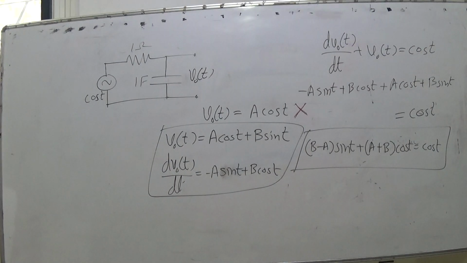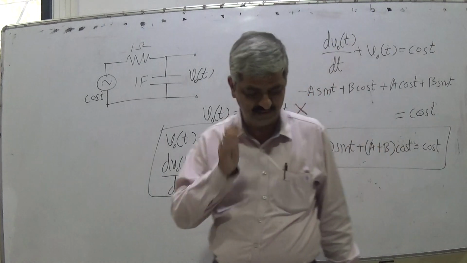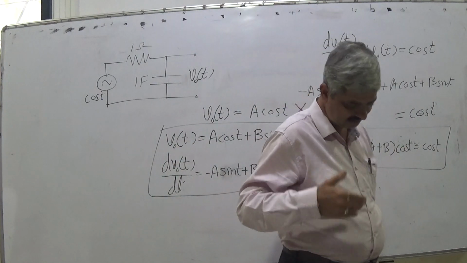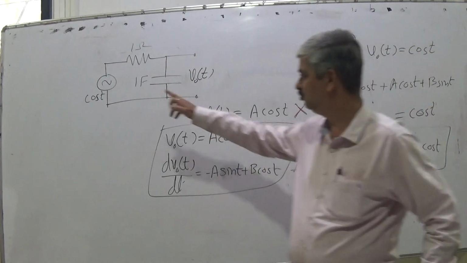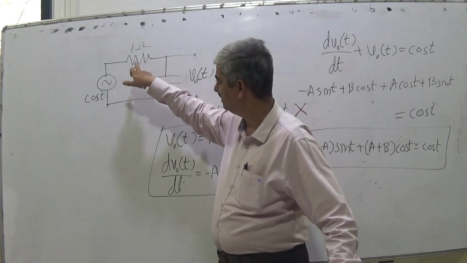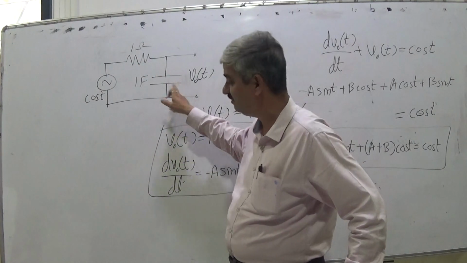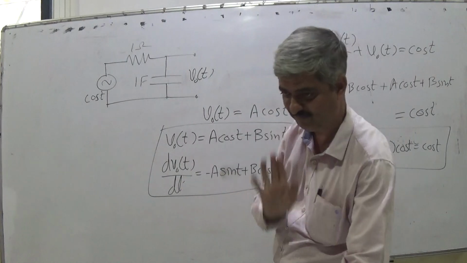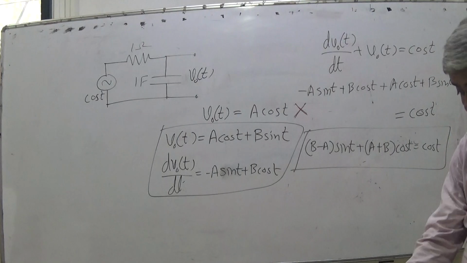So we continue the discussion which we were having last time. We were discussing various aspects of applying a different input, shown as cos t, to this circuit consisting of one resistance of 1 ohm and a capacitor of 1 farad, also very much simplified values. Then the question asked was